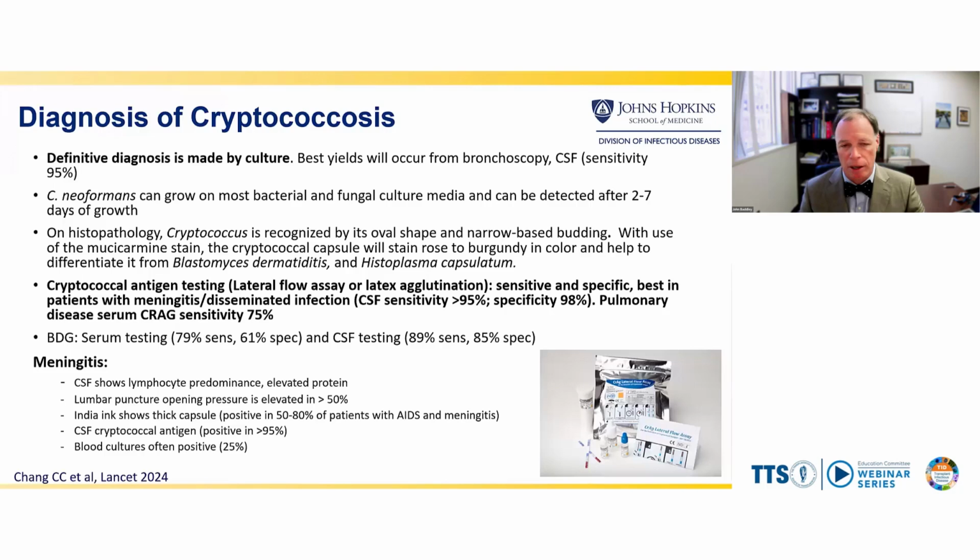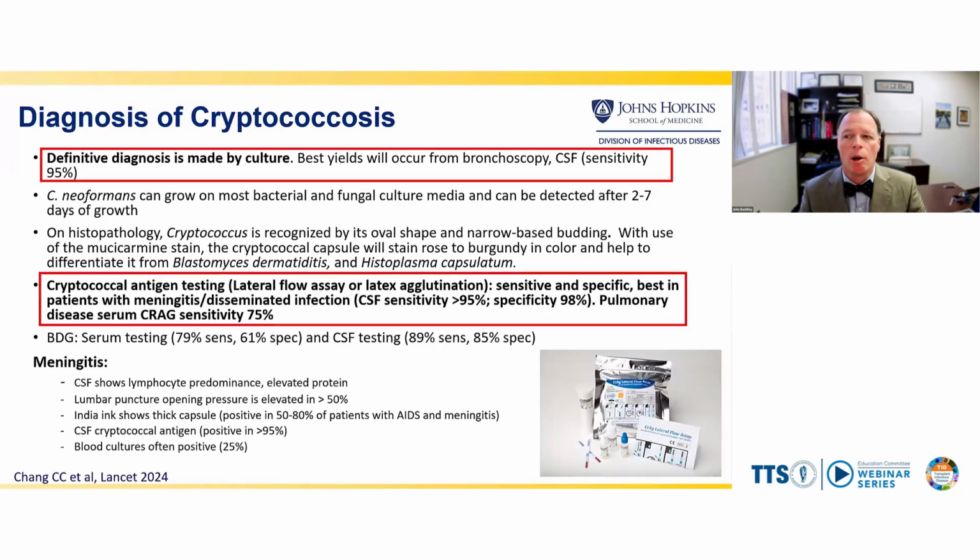So how do we diagnose cryptococcosis? And this is a very busy slide, but in general, two main methods. Number one is culture. It's a very sensitive test, especially in the CSF. And again, our patient did not have a positive CSF culture, which does happen rarely. In addition, our patient had a positive urine culture. Other tissues, lung specimens, and blood also commonly positive in this situation.